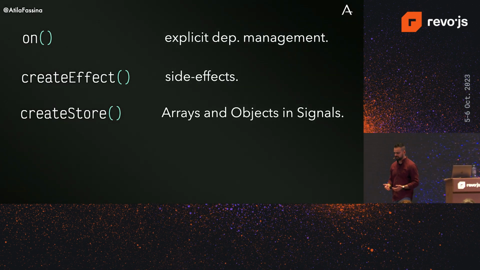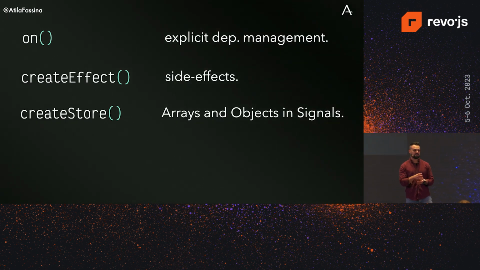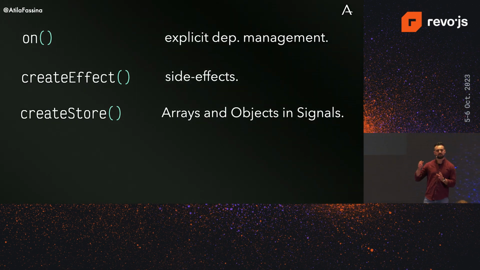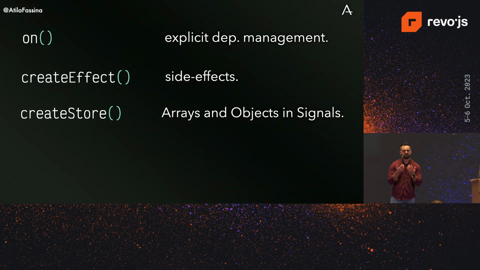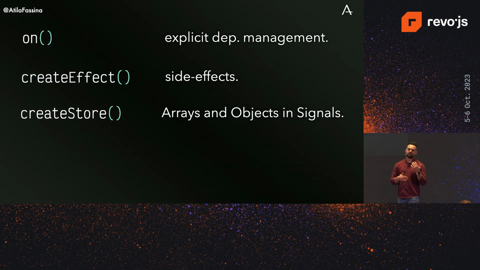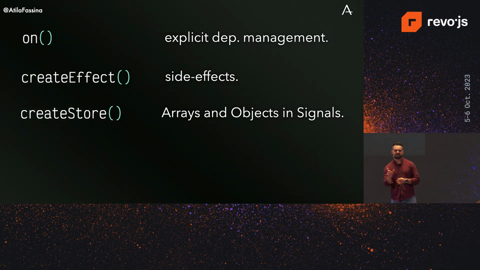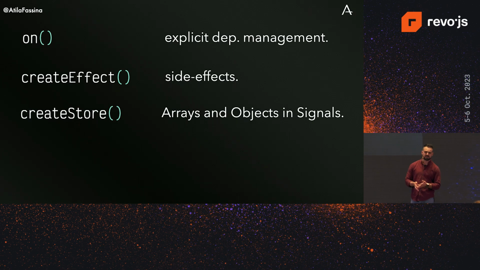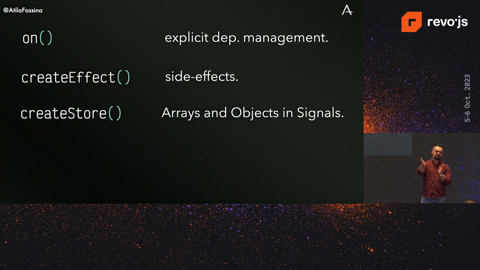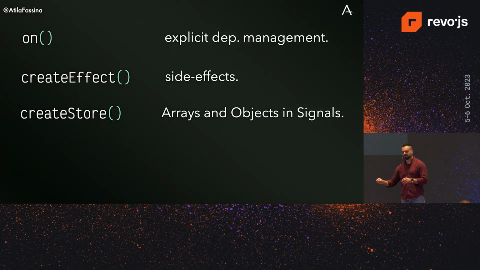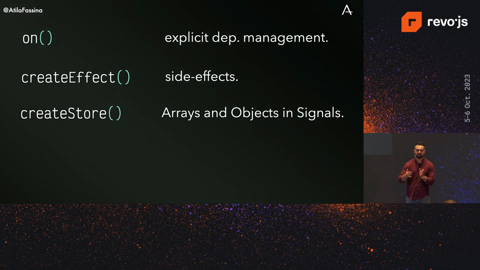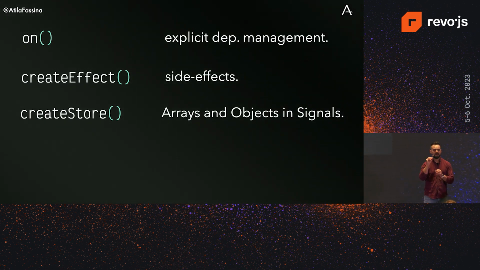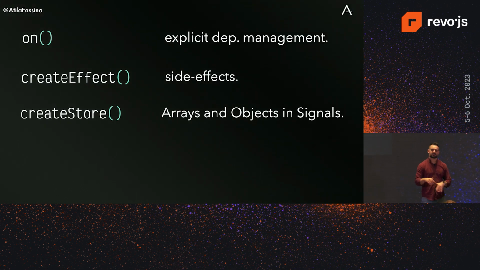And you have create store, because protecting reactivity on complex types like arrays and objects is quite difficult. That means that when an object changes, you need to do some kind of comparison, and you want to make sure that things that are not using that key do not get re-rendered. So what store does is create a proxy object and create signals for each key of those objects or arrays, which means that you don't need to be that worried if you're pushing elements to an array if you're using a store, because the store is going to have independent signals for all those things,